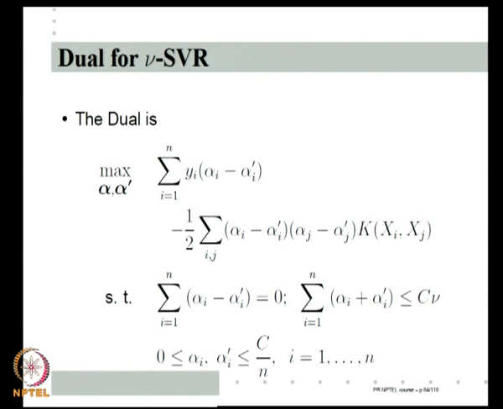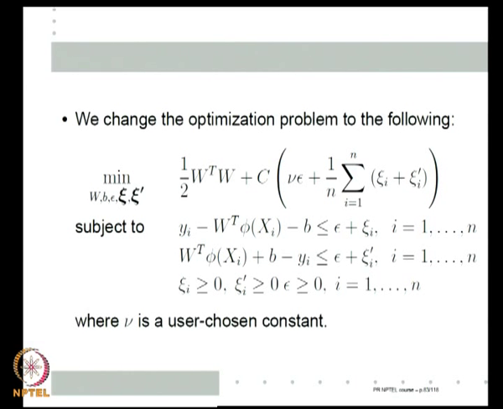The whole idea of why we did this is the same as in the SVM case, where we want to have a handle on allowable accuracy. So, we want to choose nu based on how much accuracy we are looking for in our predictions, so that I correctly optimize my epsilon tolerance limit.